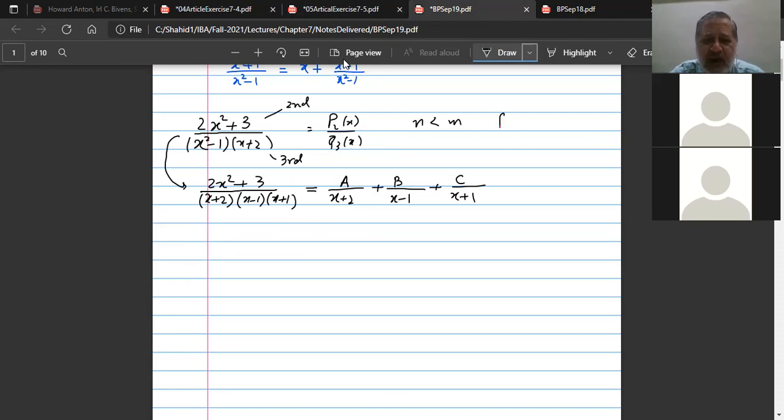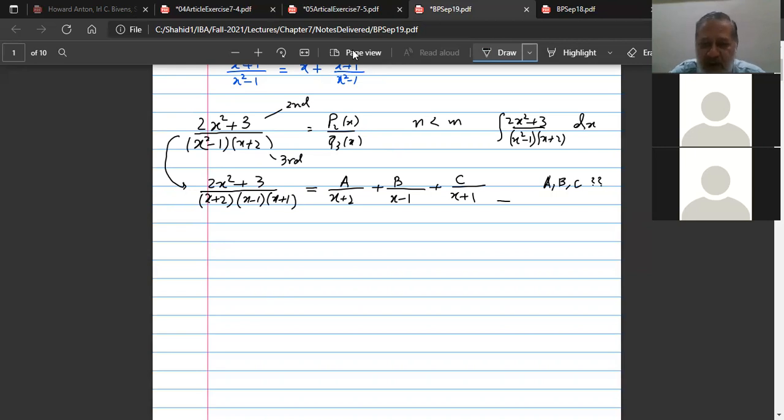हमारा असल सवाल जो है वो ये है कि we have to integrate 2x square plus 3 divided by x square minus 1 x plus 2 dx. This is what we have to do. And we say that integrand had these properties and all factors in the denominator are linear. So this algebraically can be written as this. So our task is first to find out what possible values are there for A, B, C.